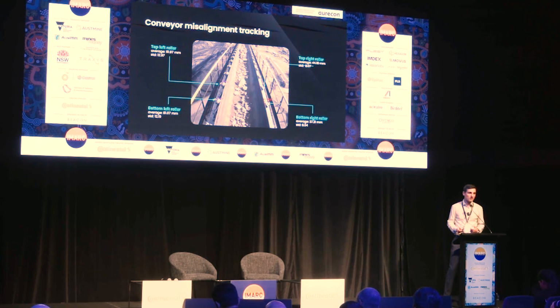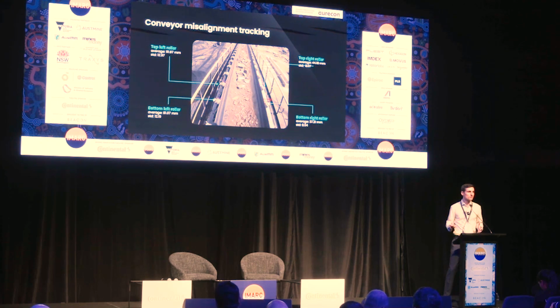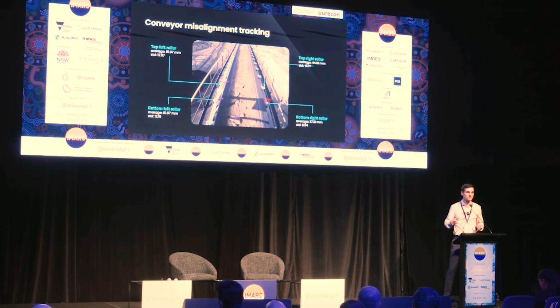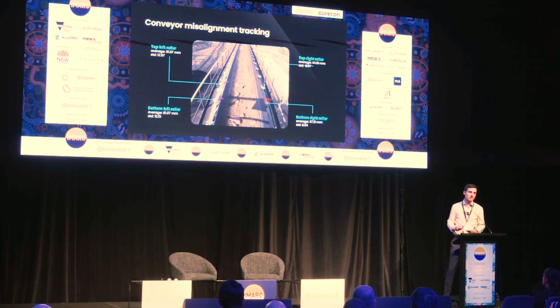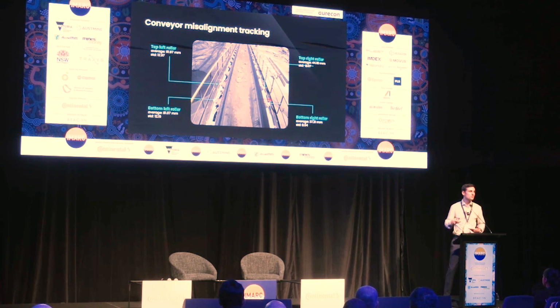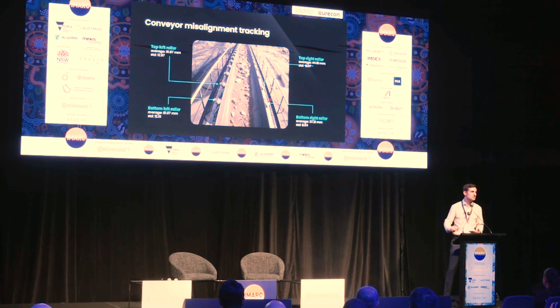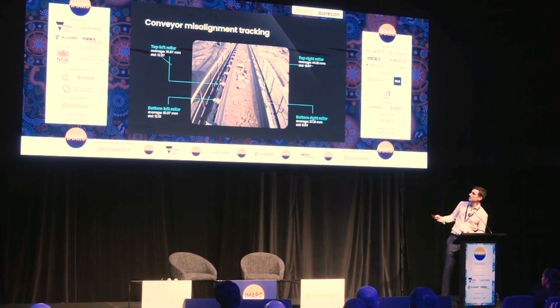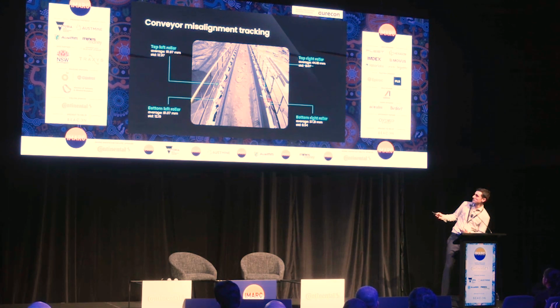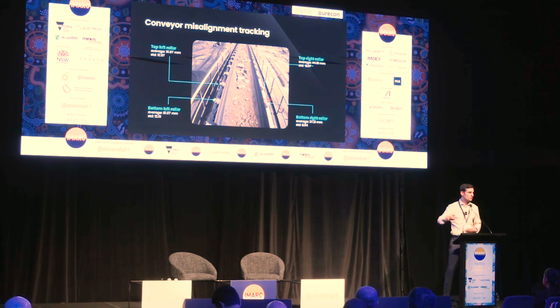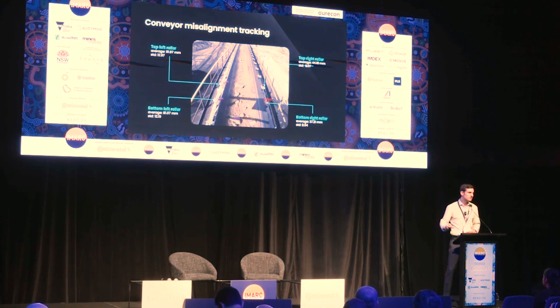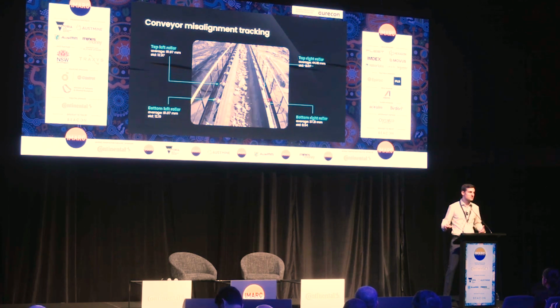Very similarly, misalignment of conveyors. You buy a conveyor belt, and the same conveyor belt can last 5 years, or 10 years, or 2 years, and misalignment has an immense effect on its lifespan. There are dozens of belts on site. It's impractical, again, for a person to track each and every one of them 24/7. So we do this automatically by measuring the distance between the belt and the tips of the rollers. When a belt is misaligned for a few hours, no worries, they go ahead and align it, and they prolong the lifespan of these very expensive pieces of equipment.